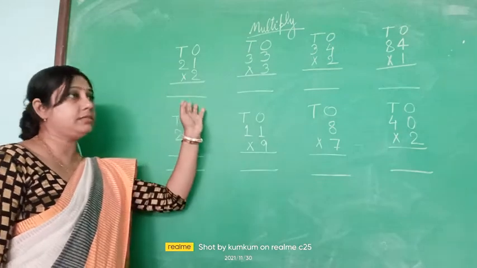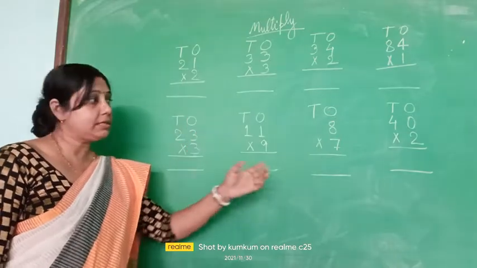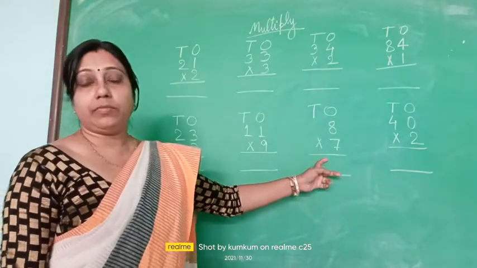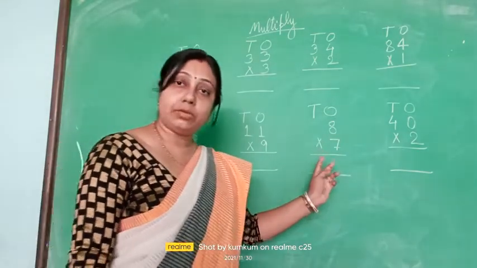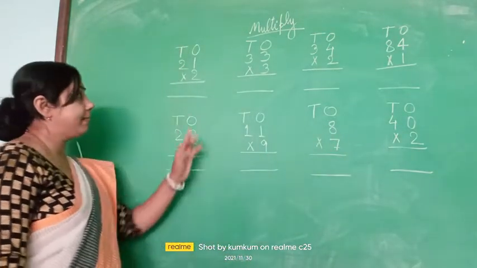See, today I have written some questions on the board. Some are 2 digit numbers, some are 1 digit numbers. So if it is a 1 digit number, the answer may be a 2 digit number or a 1 digit number. So let us try. The first one is